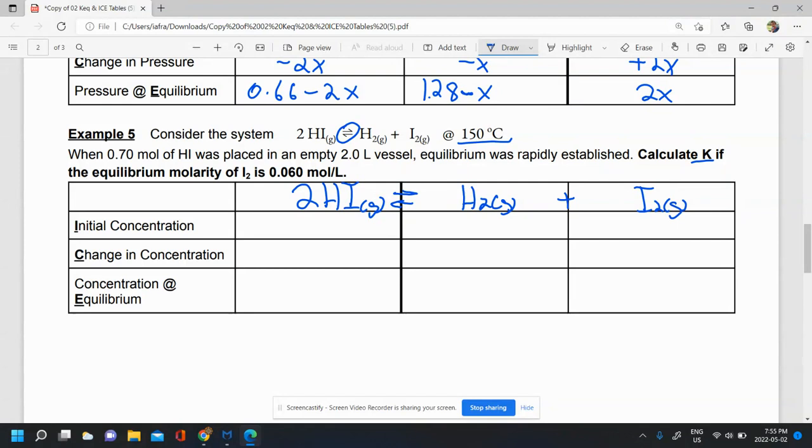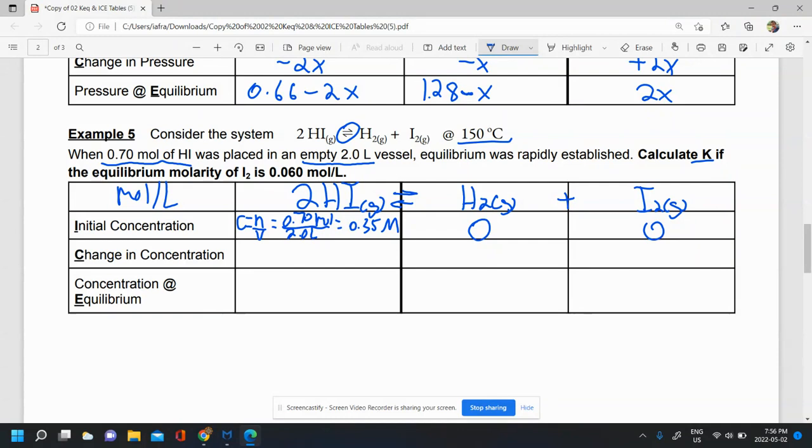Our initial concentration, we need to be careful here, and you can pay close attention here. Notice we have 0.7 moles of HI, and it's in a 2-liter vessel. Now, the 0.70 moles is not concentration. Remember, concentration is in moles per liter. So we have to do C is equal to n over V, which is equal to 0.70 moles over 2.0 liters, which is 0.35 molar. And assuming that we didn't have anything else in the reactant vessel, this should be 0 and this